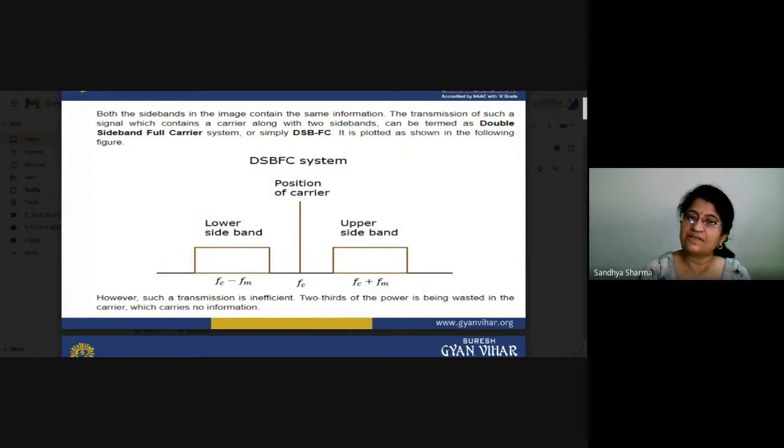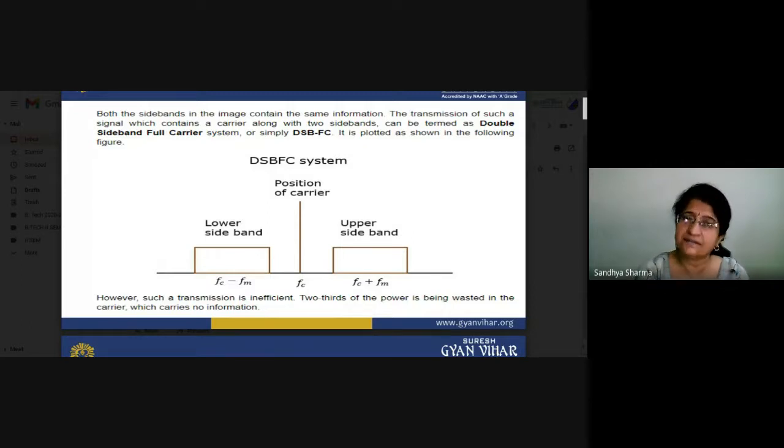So what will happen? Our requirement is only to transmit our information from the transmitter to the receiver section. If we are transmitting our signal with high power, only one third of the power is consumed for transmitting our information. Two-thirds of the power is consumed in the carrier signal, and this is not useful. The carrier is only used for carrying our sidebands. So there are two types of systems: modulators DSB plus C or DSB-SC. Both types of systems are important from the point of view of our applications.